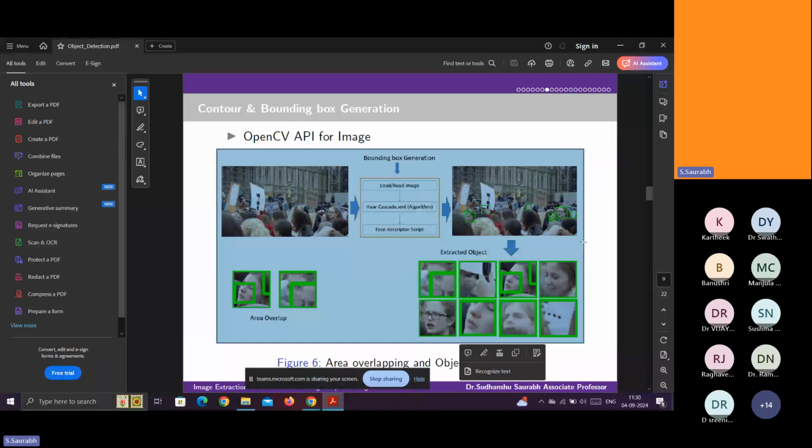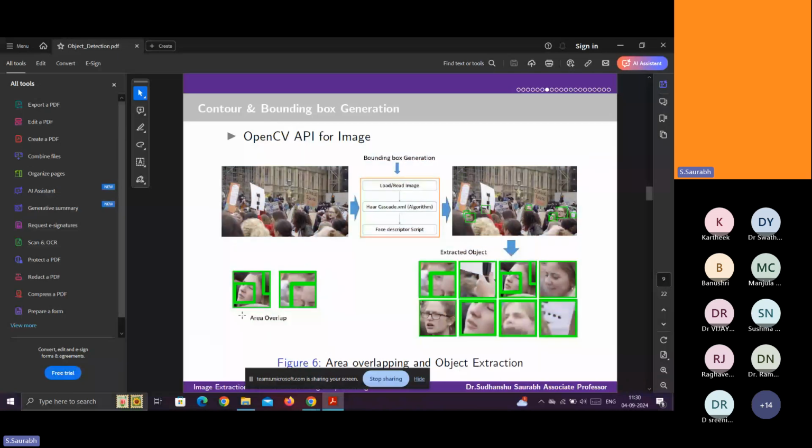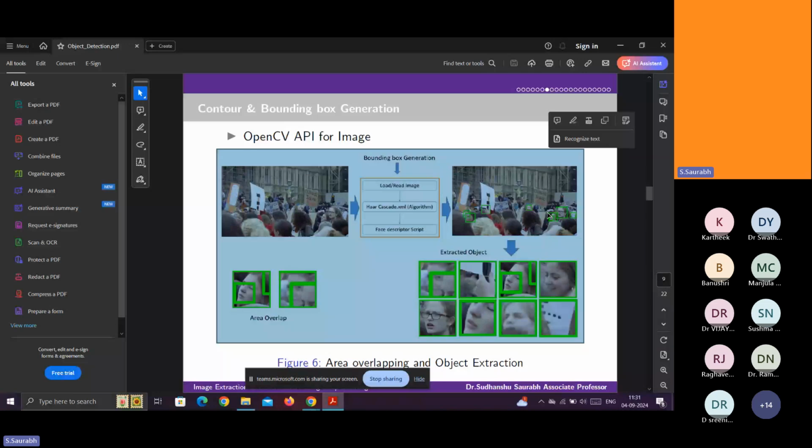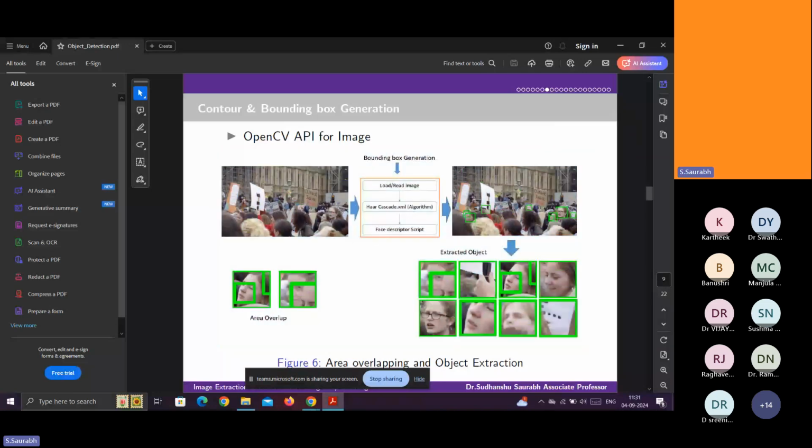But there is a big problem. See here, consider these two bounding boxes. They overlap with each other. Here, two bounding boxes overlap with each other. So which object exactly you are going to detect creates a problem. For that, if I am selecting this particular object, it is extracted here, and see, this is overlapped.